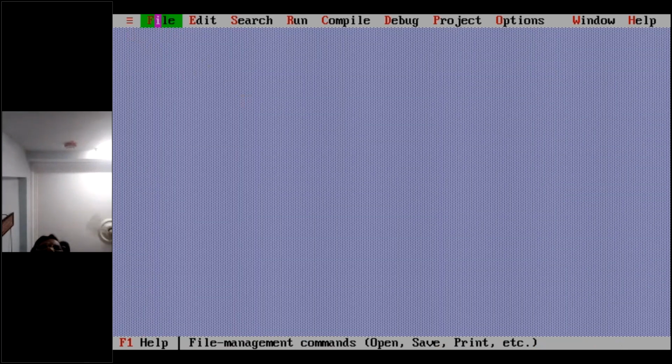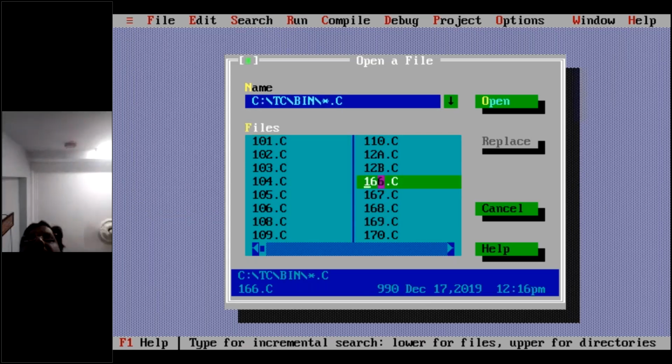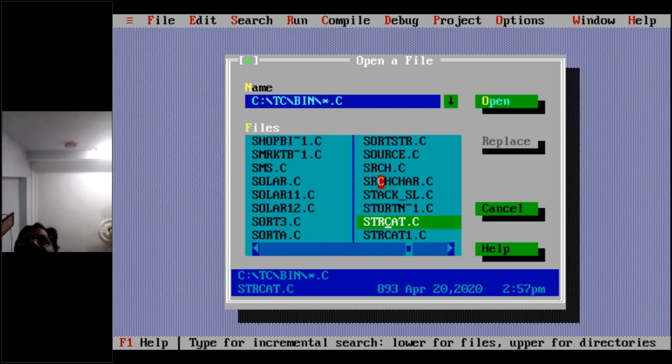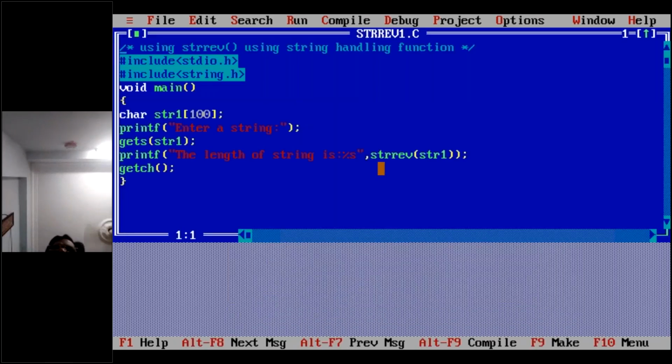And one more thing here is string reverse. What is string reverse? Whatever the given string is, it will simply reverse that. So let us see. strrev is one of the functions. Simply, it will reverse the content of the string. It accepts one string parameter. Let us see one.